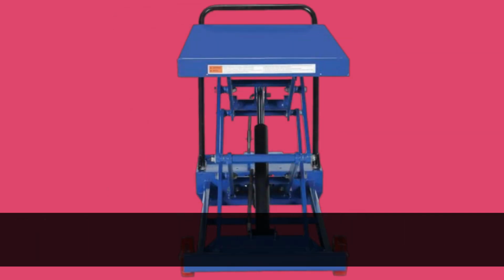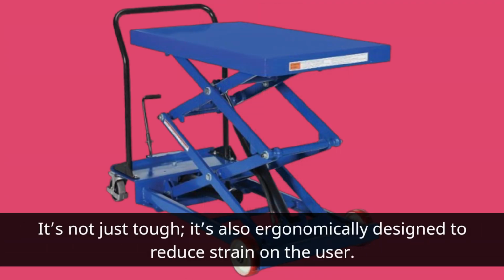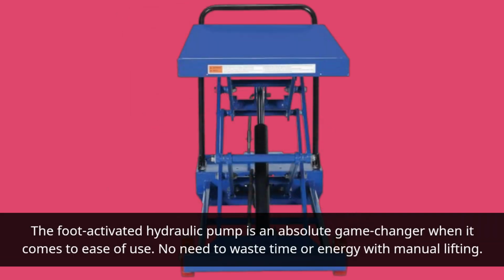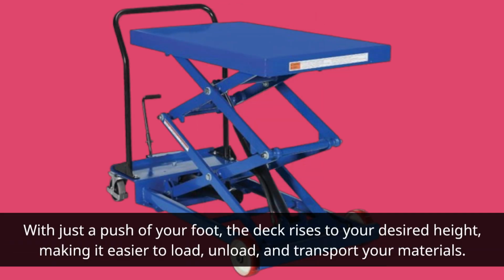The first thing that stands out about this product is its heavy-duty steel construction, built to withstand even the most demanding environments. It's not just tough, it's also ergonomically designed to reduce strain on the user. The foot-activated hydraulic pump is an absolute game-changer when it comes to ease of use. No need to waste time or energy with manual lifting. With just a push of your foot, the deck rises to your desired height, making it easier to load, unload,